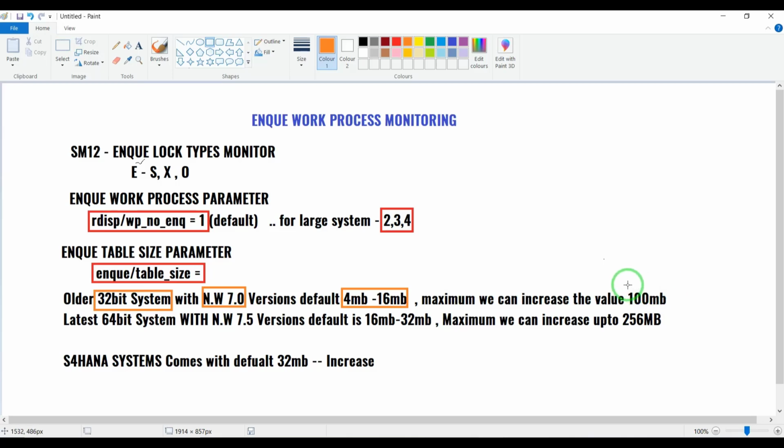And the maximum we can increase up to only 100 MB. And current systems are the latest ones, 64-bit operating systems with the NetWeaver 7.5 upgraded versions. So the default comes with 16 MB to 32 MB, and we can increase up to 256 MB. And current latest S4 HANA systems come with a default of 32 MB,